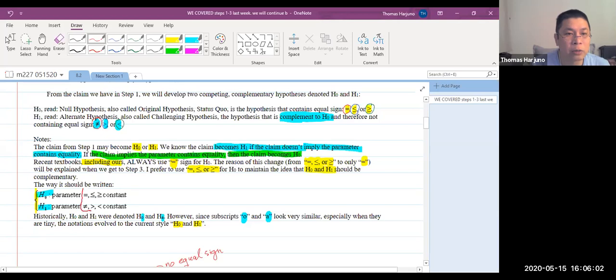hypothesis will contain an equal sign. The alternate hypothesis will not contain an equal sign and should be the opposite of what we have in the null hypothesis. So for example, if in the null hypothesis we use an equal sign, then in the alternate hypothesis we use not equal. If in the alternate hypothesis we use greater than, then in the null hypothesis we use less than with an equal sign. Now I think I said in the past that our textbook and more recent textbooks